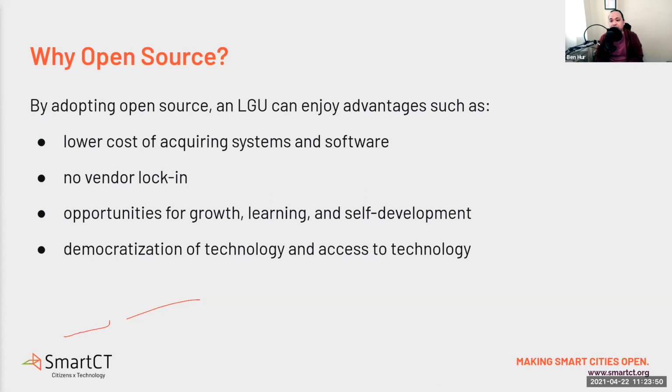Something na nangyari sa akin personally was when I was using GIS, and there was an issue in one of the processes of the application. What I did was I asked sa community, and this is what's amazing about open source. There's a whole community around it. So yung idea na walang support sa open source, it's not true. So I asked sa community, sa mailing list, sa bug reports, may nakita akong ganitong bug. Anyone has an idea how to solve it? And within a matter of minutes, may nag-reply sa akin, ganito siya isosolve. Just do this and do that, edit this part of the source code, dito mo siya mahanap.